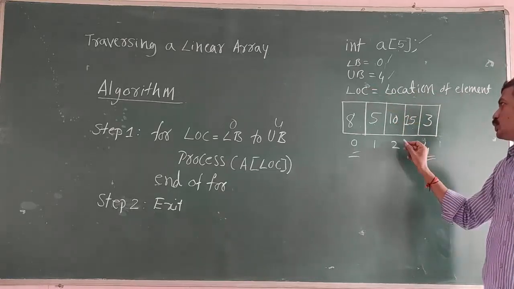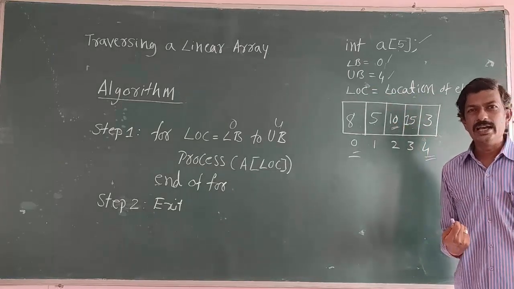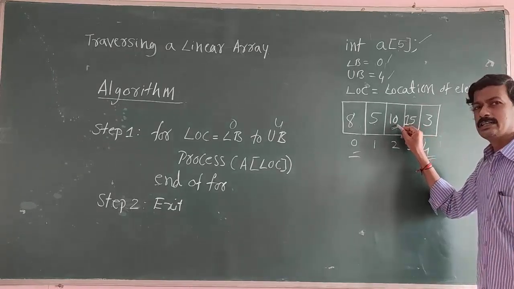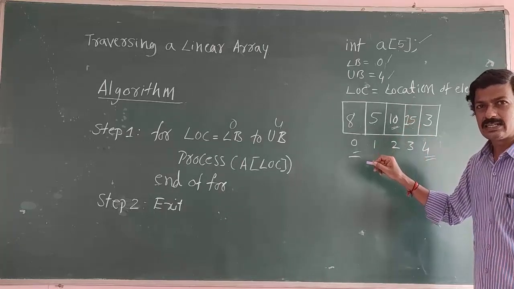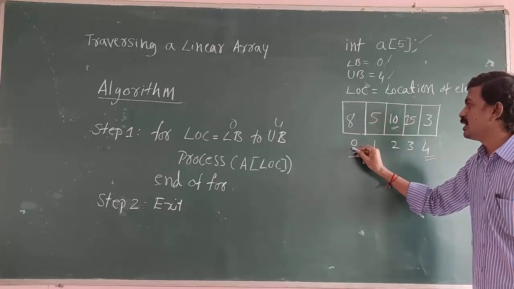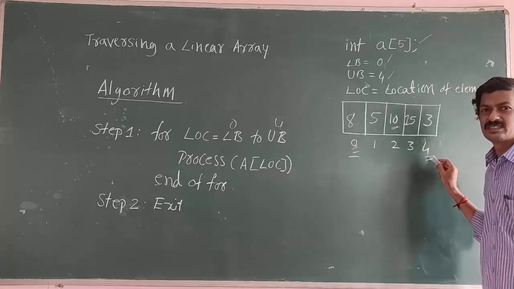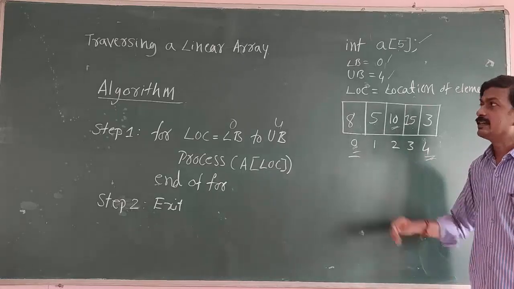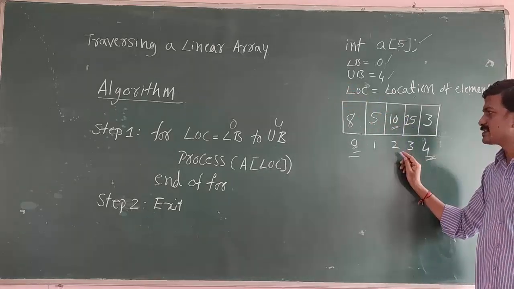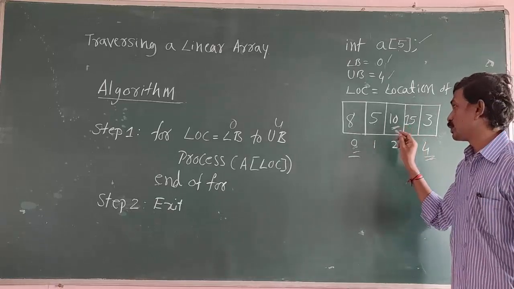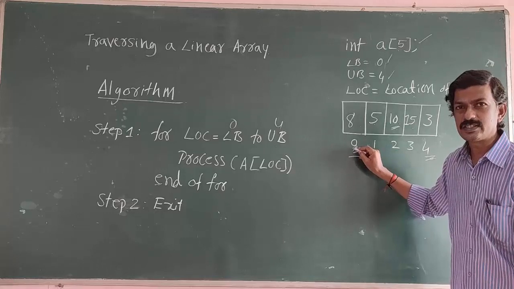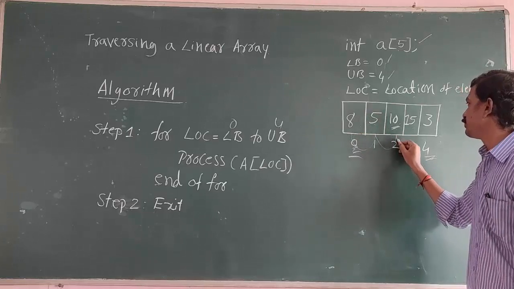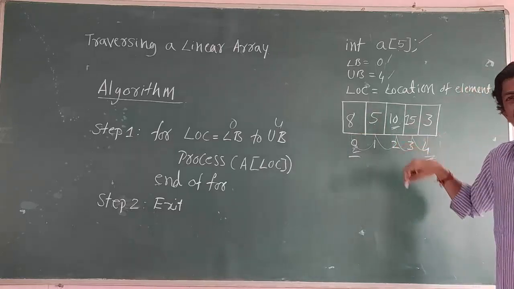Now I want to locate the element 10, meaning I want to access or search for the element 10. This is only possible if you start looking for element 10 in the array from index 0 to the last index. Only then is it possible to get the particular element from this array. This is called traversing in a linear array. It simply starts locating element 10 from the 0th index of this array to the last index, listing each and every element of this data structure.